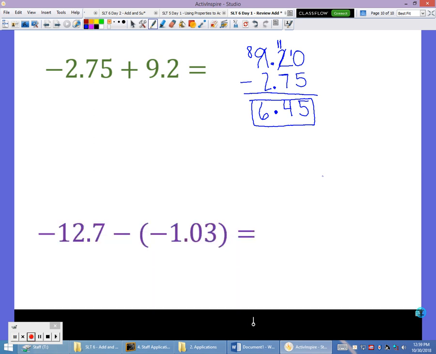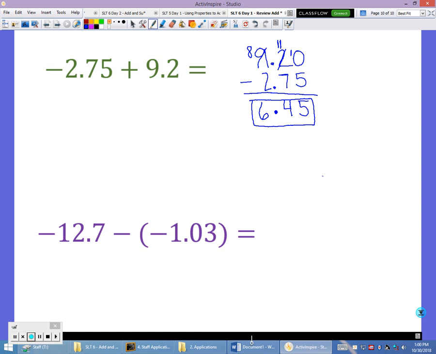One final example. In this example, -12 and 7/10 minus -1 and 3/100. It is a subtraction problem, so I need to follow the rules for subtracting, which is to change it into an addition problem by keeping the first number the same, changing it to addition, and changing the sign of the second number. Now, my signs are different. I have to find the difference, subtract. So again, I'm going to put my bigger number on top